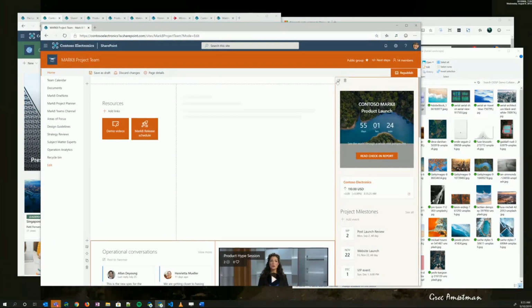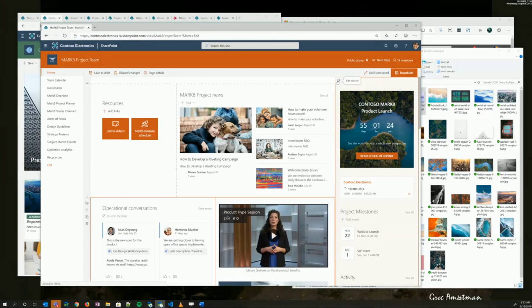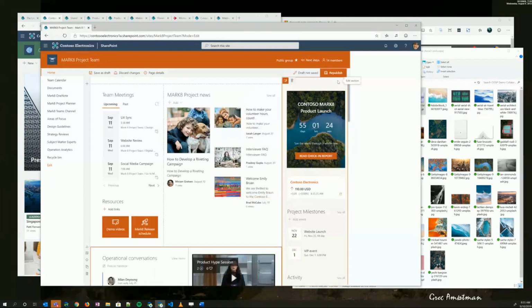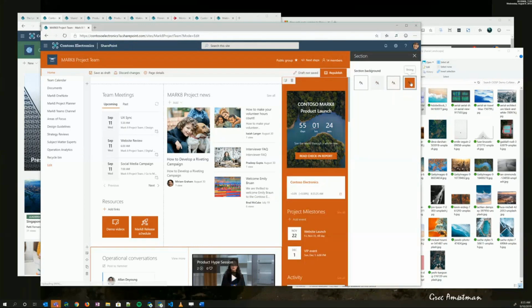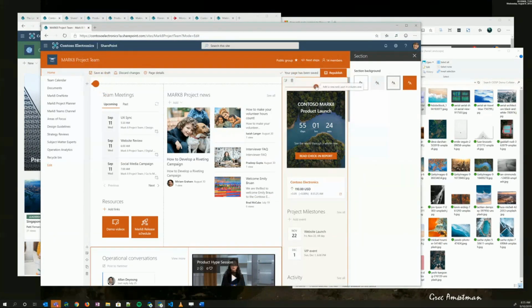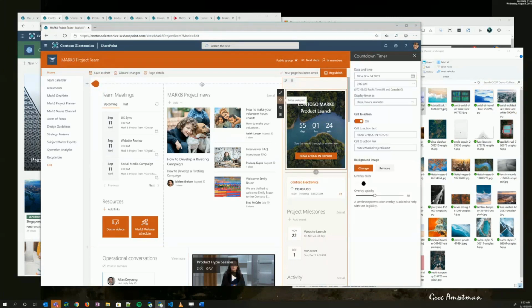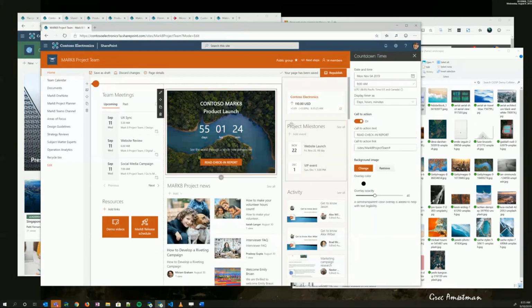So I can edit this section just like I could any other section. So I can add section background color, maybe super bright reds. I have a designer on the phone. She's going to laugh at me later. I'm not supposed to do things like that after she spent so much time building a beautiful site. But we can move and rearrange web parts. So we'll pull out some of these web parts and then